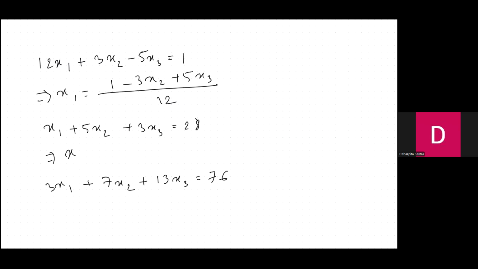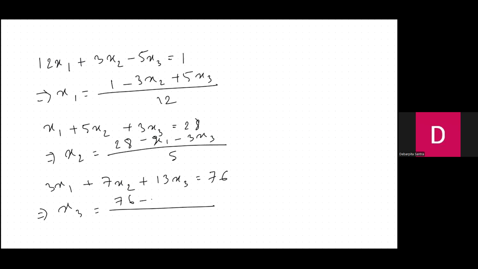x2? In a similar way, we find x2 as 28 minus x1 minus 3x3 divided by 5. And we find the value of x3, that is 76 minus 3x1 minus 7x2 divided by 13. So that is how we find the values of x1, x2 and x3 in terms of other variables. Now, at iteration 1,